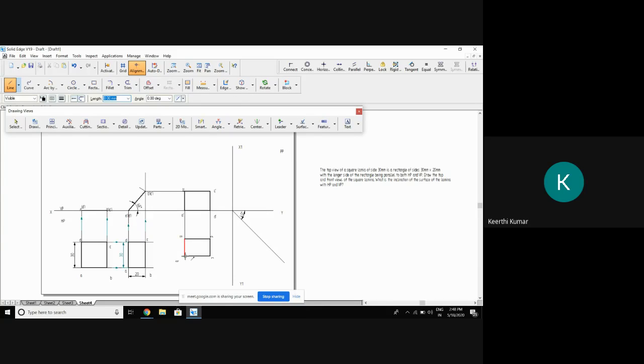Then, from the point A, draw horizontal line till it strikes the 45 degree. Take vertical. From point B, horizontal line, vertical. Similarly, from here, join that A dash, B dash. The naming will be A double dash, B double dash. A dash is here. So this will be A double dash, small letter. And it is side view, it will become A double dash, profile view. Then B will be here, B double dash. Again, inside the bracket, C double dash. Here, inside the bracket, B double dash. Join them.